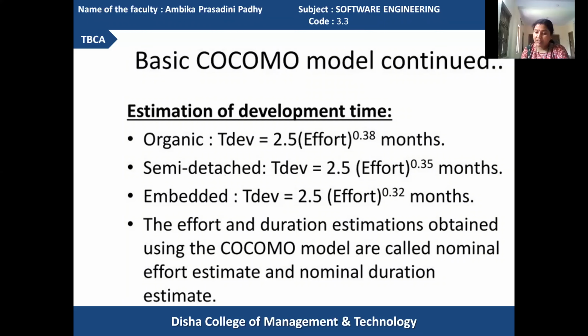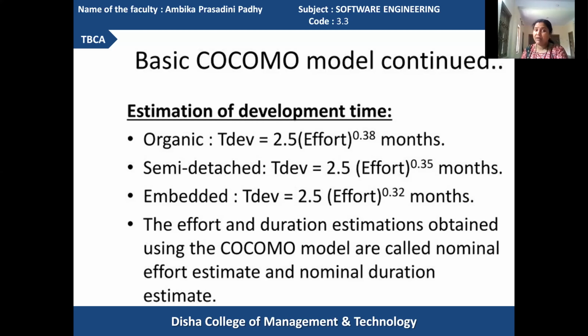The A1, A2 values differ by category, and B1, B2 are based upon the time requirements. For organic it is different, for semi-detached it is different, like that. Got it? B1, B2.